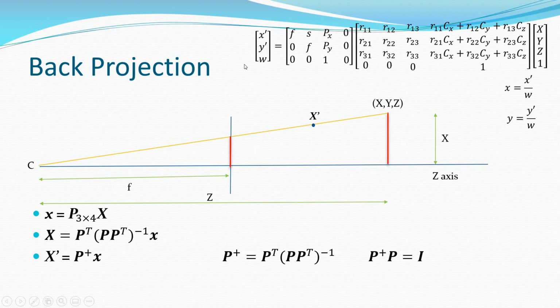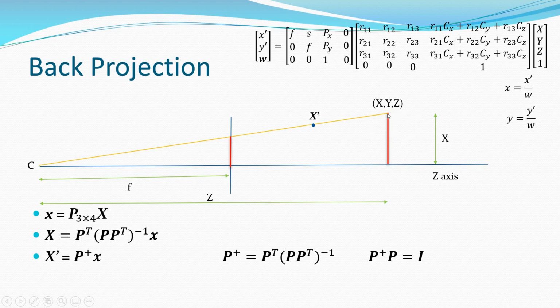So given an image, we have x and y. We don't have w, because that w goes away, since these are homogeneous coordinates. So x and y are the only things that you have, and with this x and y you now have to figure out what the 3D world coordinate is, that is, the x, y and z of that particular point.